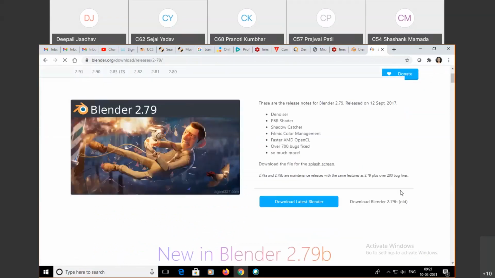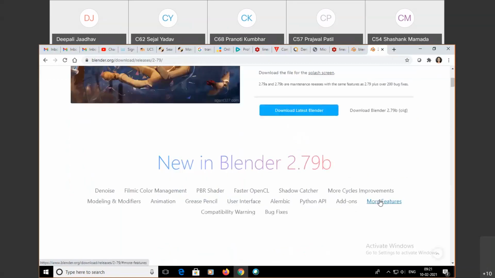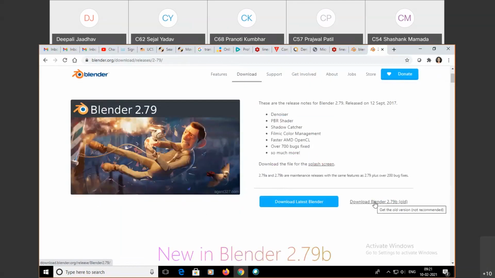It asks you, do you want the latest Blender? That is 2.91, available as the latest version, and this is 2.79b, which is the older one, but we are using it now. So here the .exe download version is available. Click on it, your exe will be downloaded.